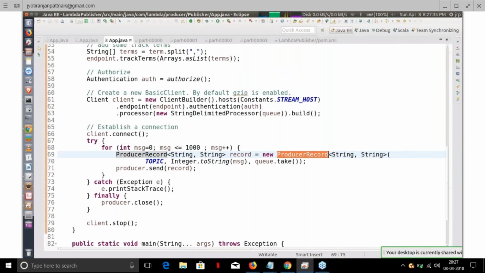So in the producer record, I need to know topic and value. These two are important. You can have more things also. So producer record, then topic. You need to keep the topic name. Then this is actually your